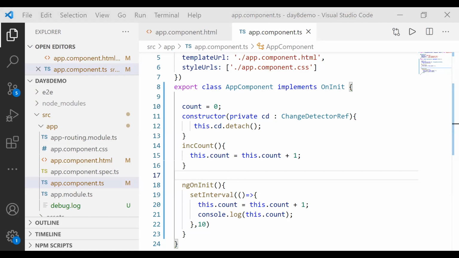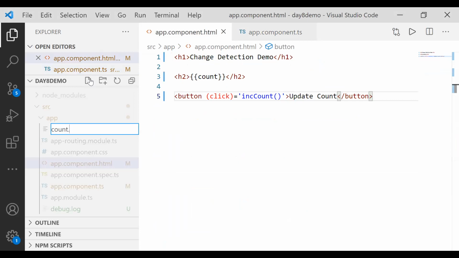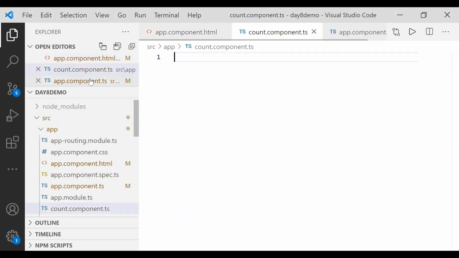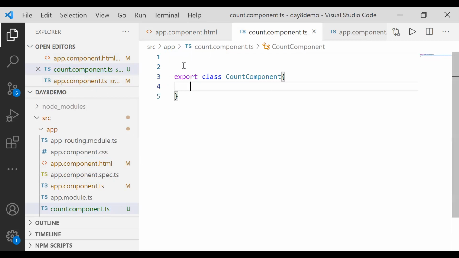And in Visual Studio Code, how we can reduce the number of checks. So what I'm going to do is add a component here in the application. I'm calling it... can you see Visual Studio Code, everyone? Yes. So here I am saying count.component.ts and saying export class CountComponent, and then we will